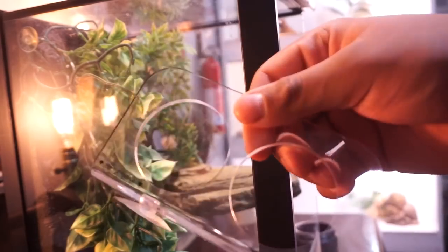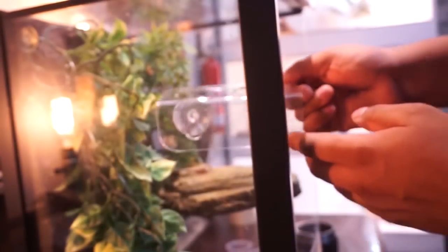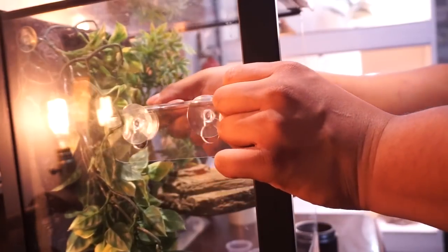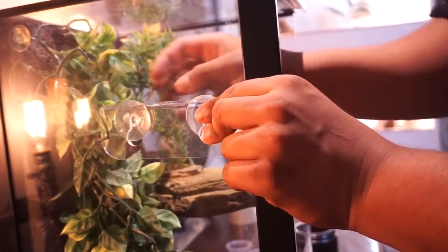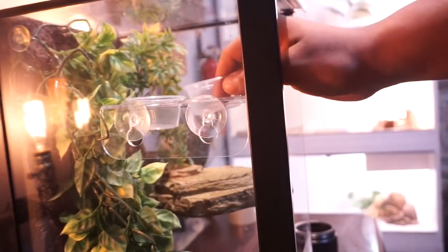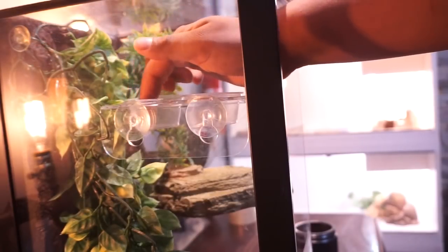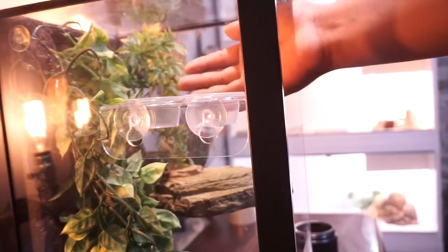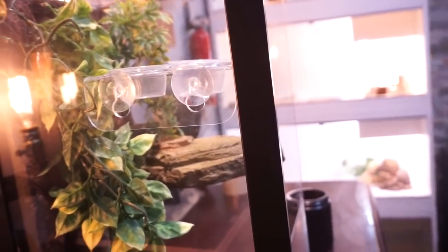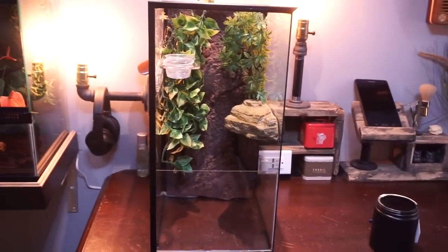Now what I'm gonna do is get this thing that holds up the food and the water dish, and I'm just gonna stick it right about there. And that is gonna allow me to put the food and the water dish right on top, and the crested gecko would be able to just easily get access to it. It could be hiding back here and would easily just climb over here, eat its food, and then go back hiding. So this actually came in handy, and I'm pretty sure at the pet stores or the reptile stores they're not that expensive, but to get it for free and to get it to match my enclosure,